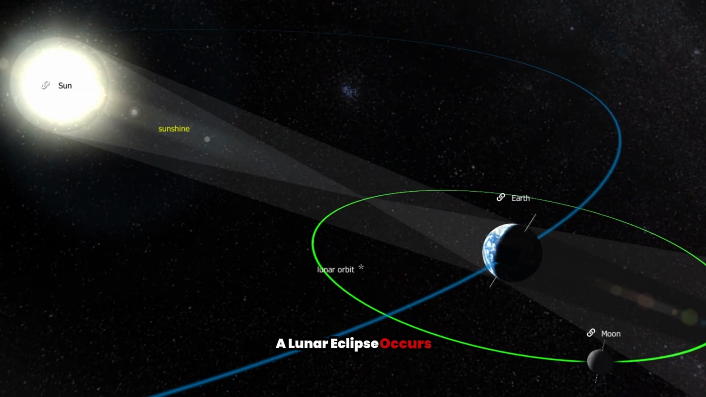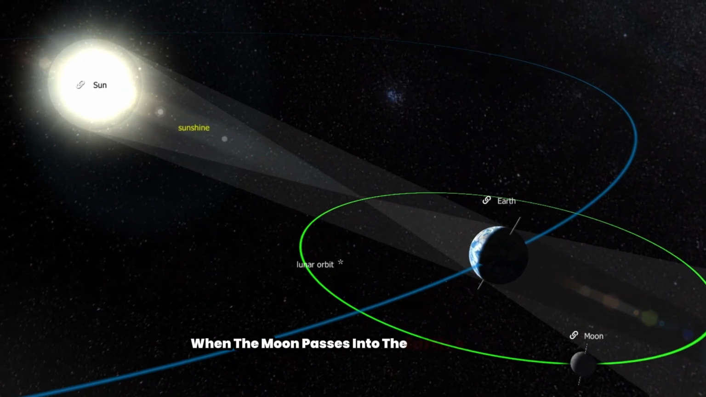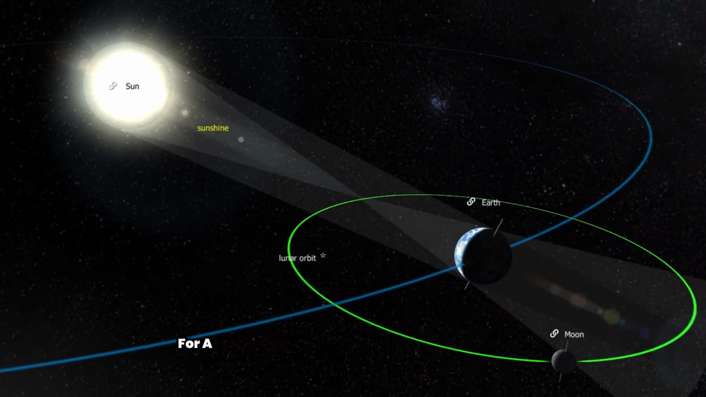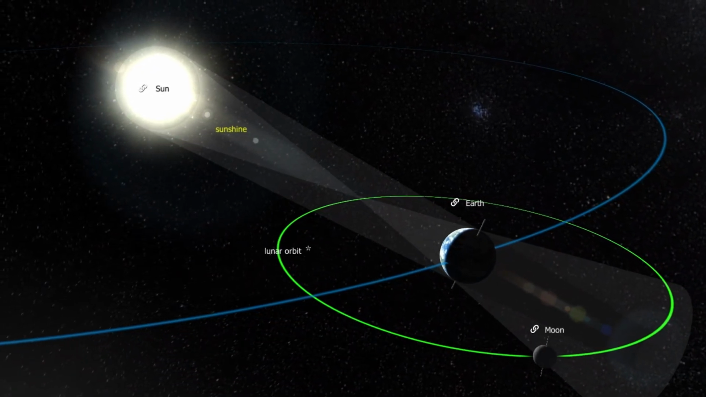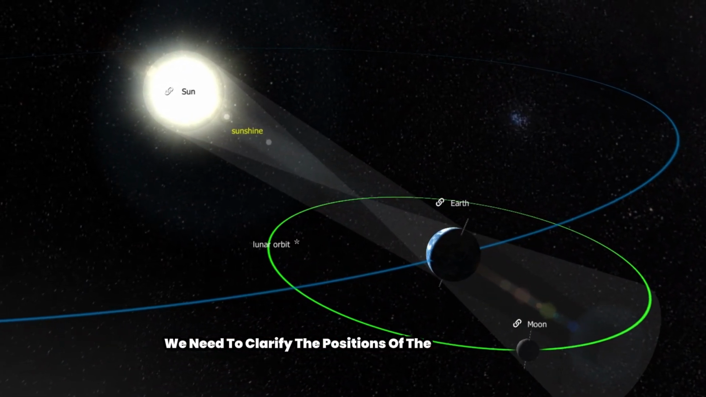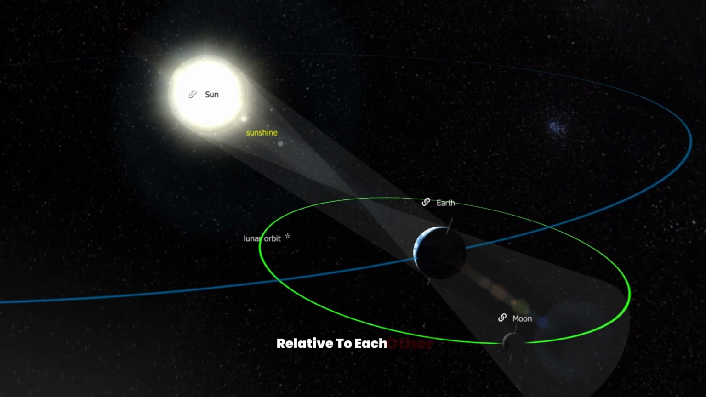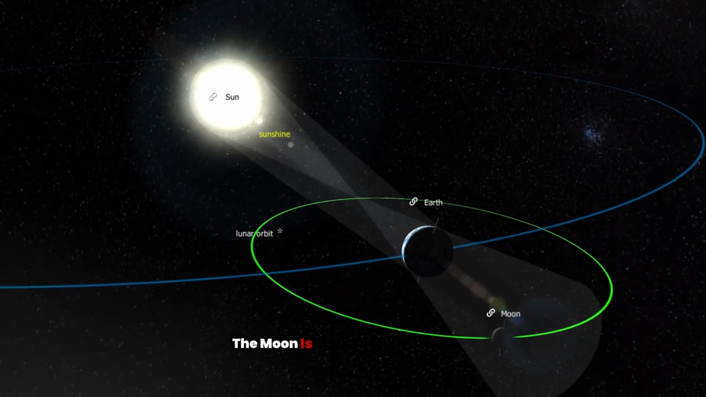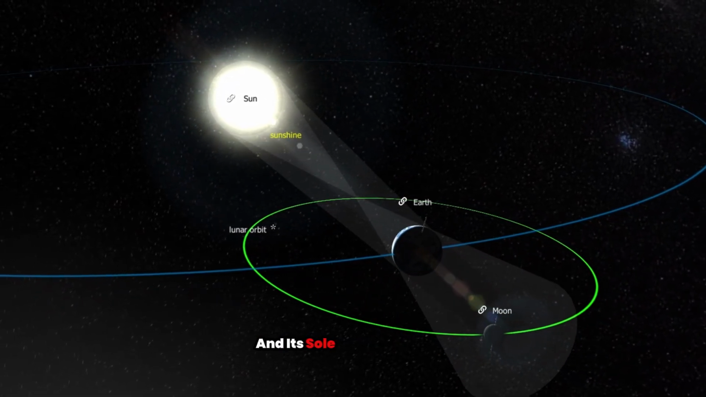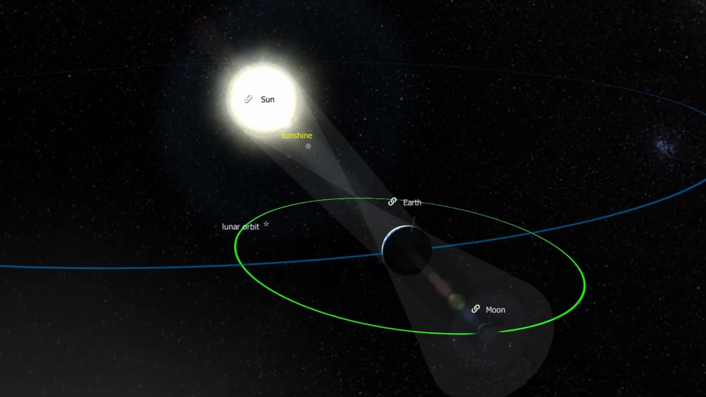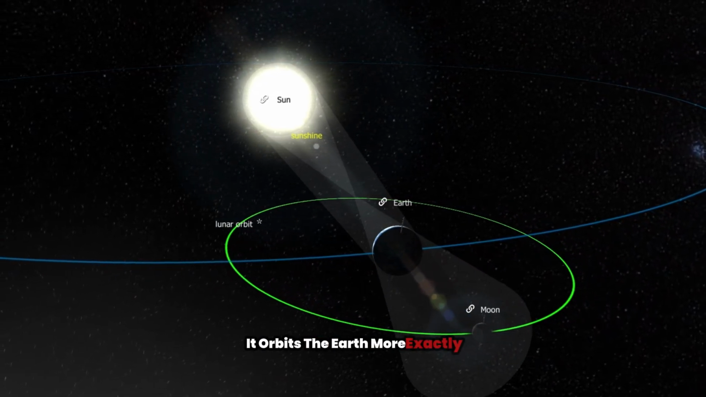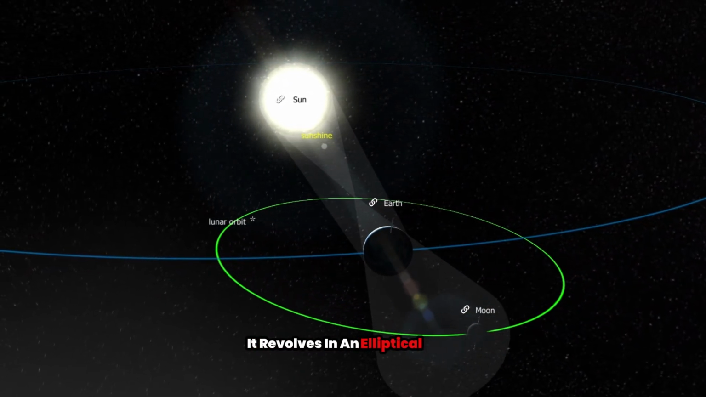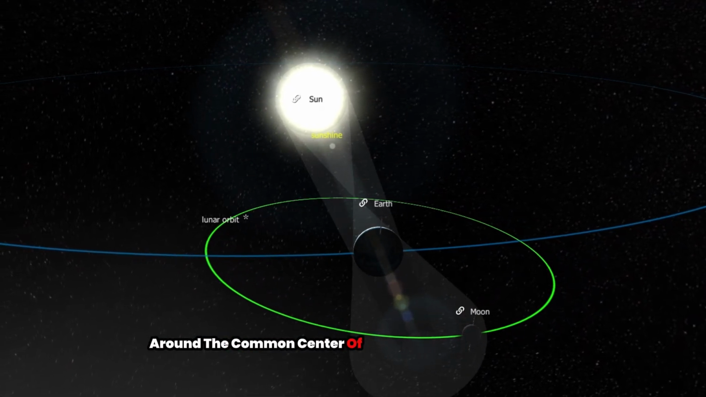A lunar eclipse occurs when the moon passes into the Earth's shadow. For a thorough understanding of the phenomenon, we need to clarify the positions of the moon and Earth relative to each other. The moon is the Earth's companion and its sole natural satellite. It orbits the Earth. More exactly, it revolves in an elliptical orbit around the common center of mass of the